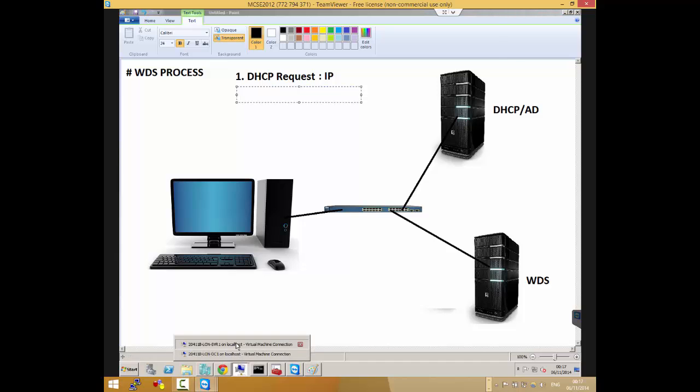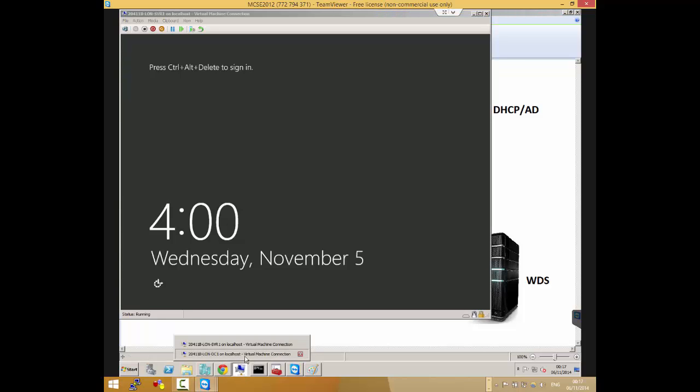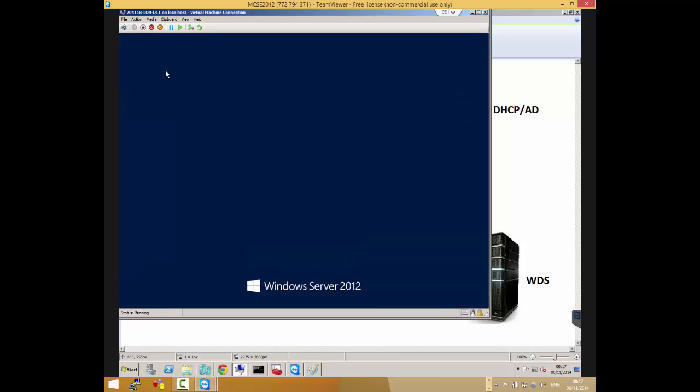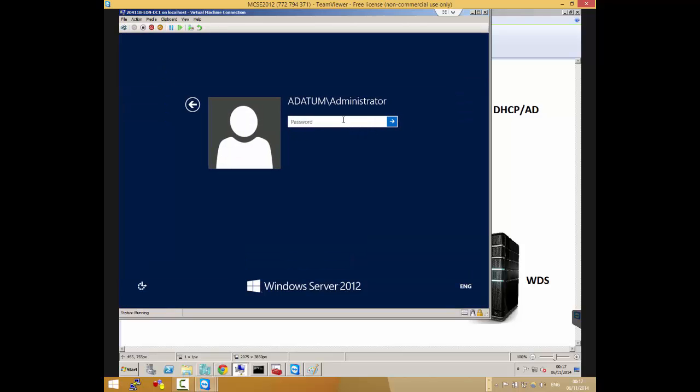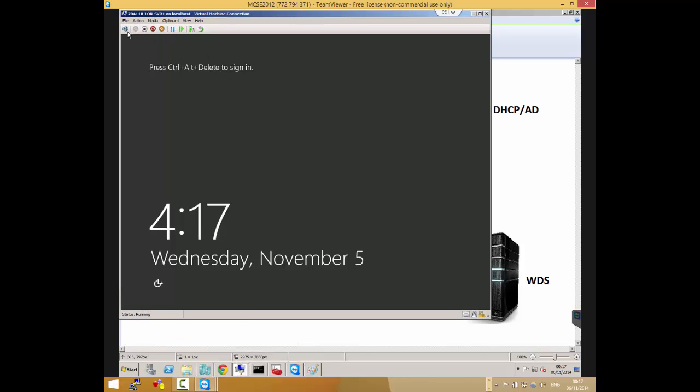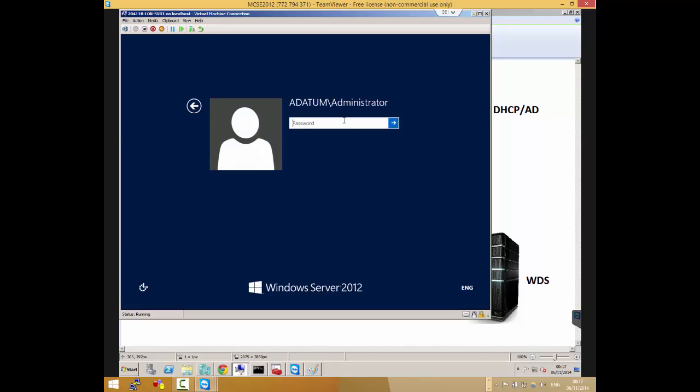So before we can find out, let's do two things. So we have two servers here. We have a domain controller. This domain controller is exactly what we just described. It's got DHCP and it's got AD on it. And we have another server here called Server One. I think the only thing it's got on it is IIS. It's got nothing else on it.